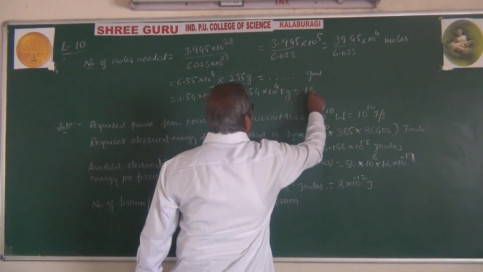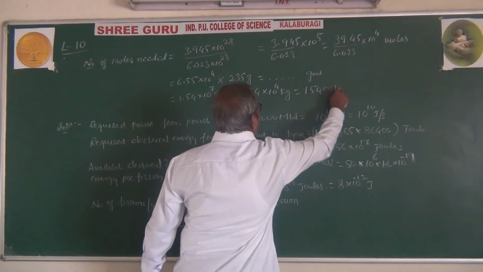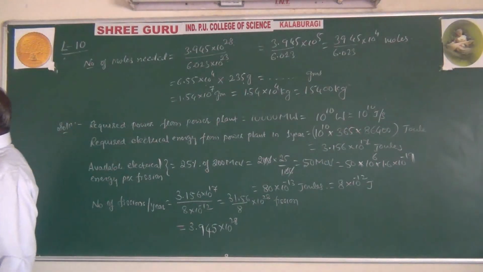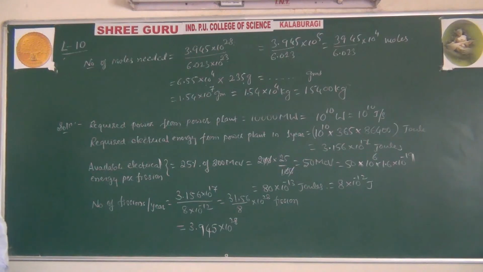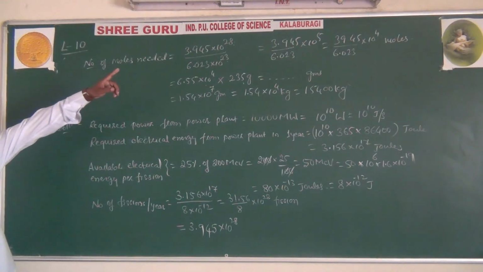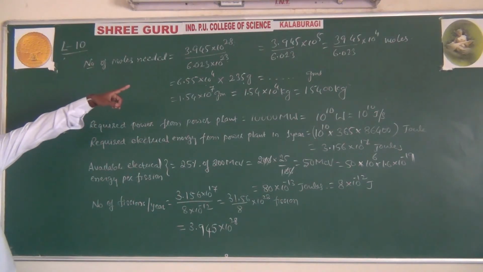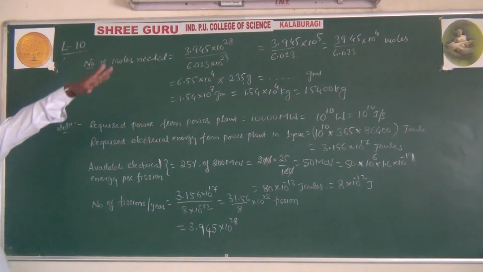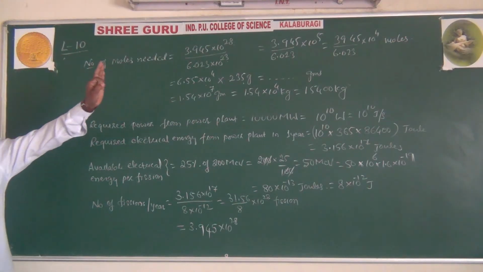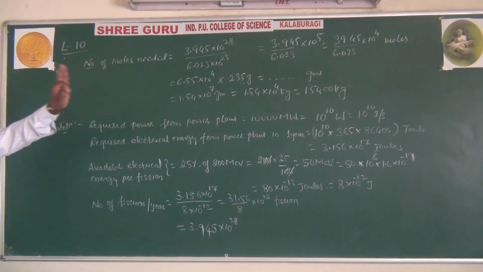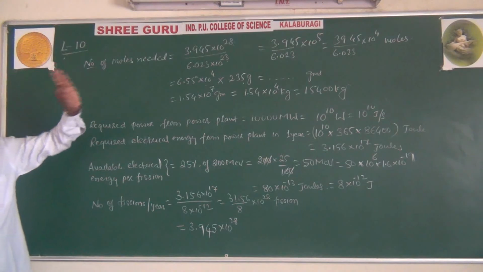Otherwise 1.5400 kg. This much of mass of uranium, that much of kg of uranium will be needed per year, if you want to get the power of 10,000 megawatt. That means 10,000 megawatt energy will be required, and the efficiency of thermal energy converted into power is only 25%, and each fission releases